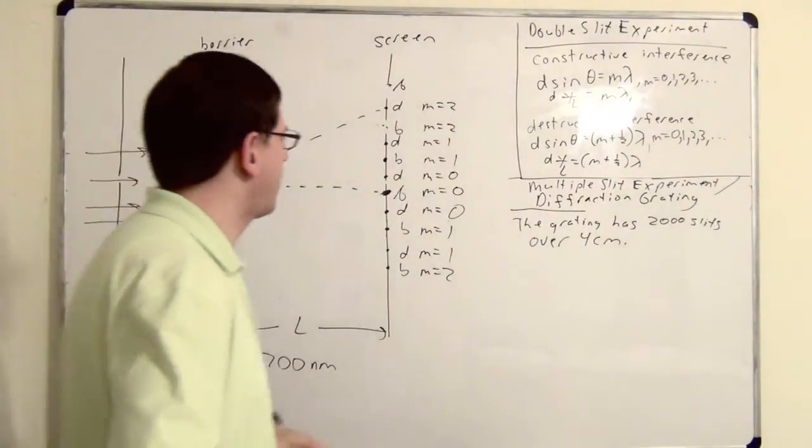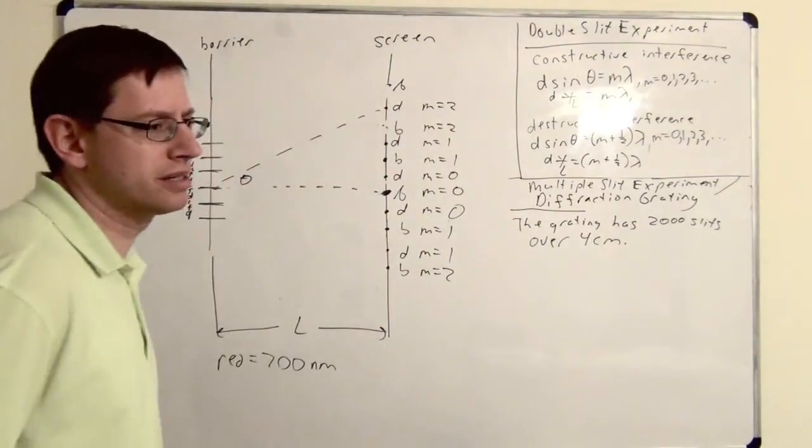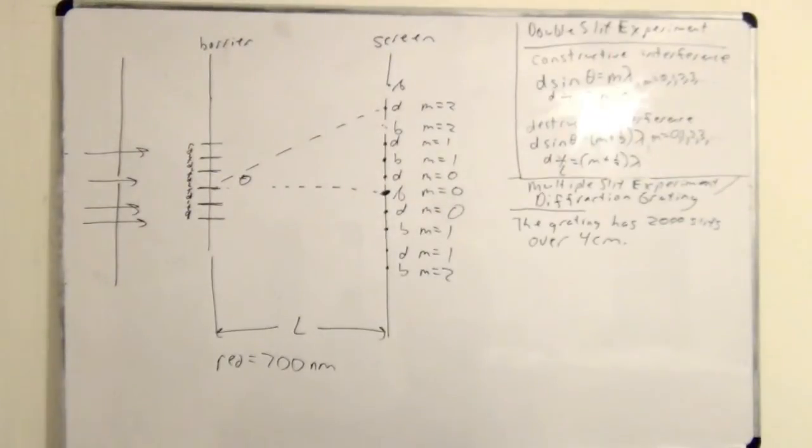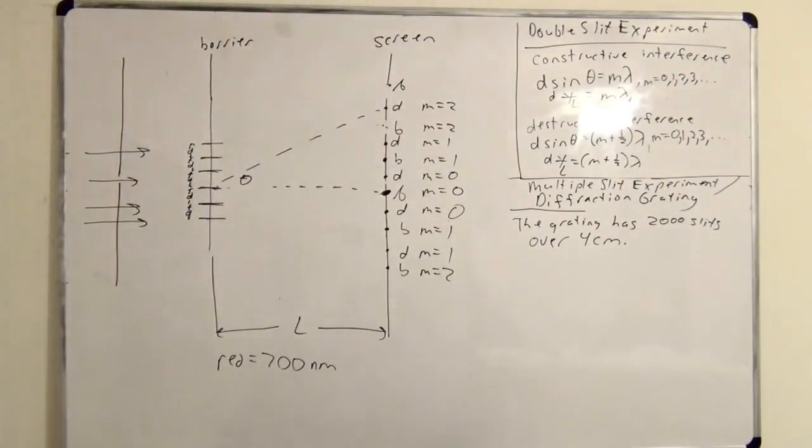So let's see if we can figure out, how would you figure out D from this? D would be 2,000 divided by 4. So 500 centimeters? Wait, no. 2,000 divided by 4. So...